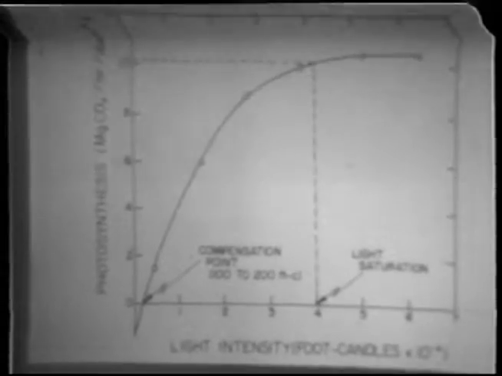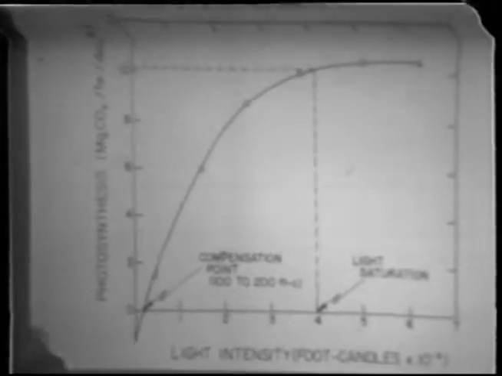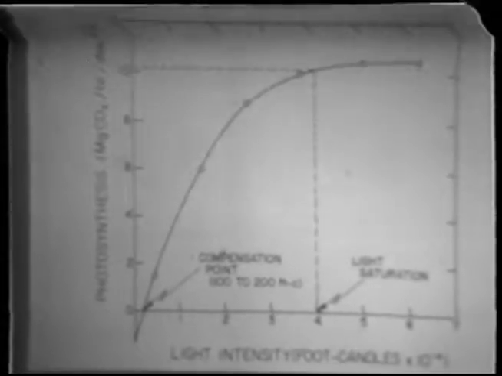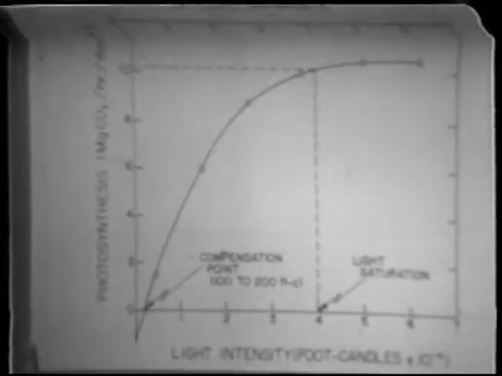Now, let's keep that on for just a minute. I might say that the primary purpose of trellising then is to keep as many of your leaves at this light saturation point or above. And this is really the main objective of trellising, to display and keep as many of your leaves above